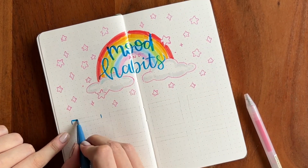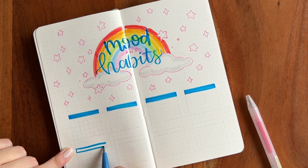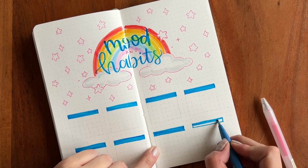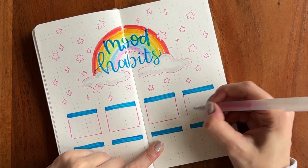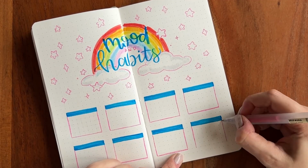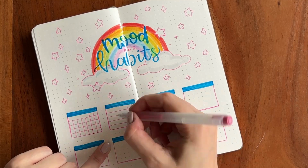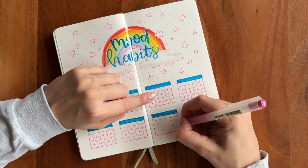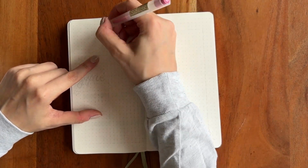And for the habit trackers, I did individual boxes again. The whole spread just looks a lot nicer that way, in my opinion. And that's it for the tracker spread, and the last spread for the setup, for now, is going to be